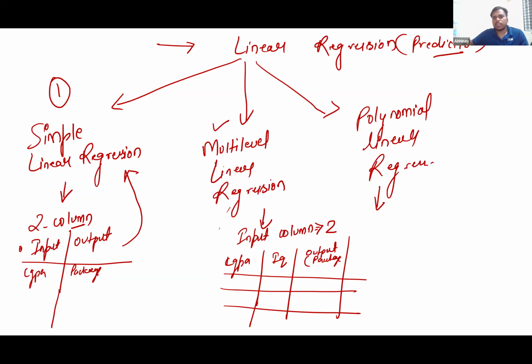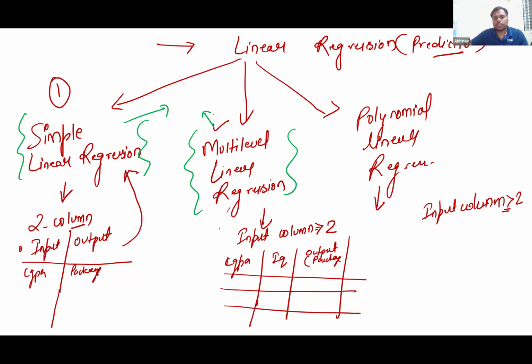So for the polynomial linear regression, the input column will be greater than or equal to 2 itself, the same as we have in our linear regression. Now the scenario is, what is the difference between multiple linear regression and polynomial linear regression? The main difference is that here